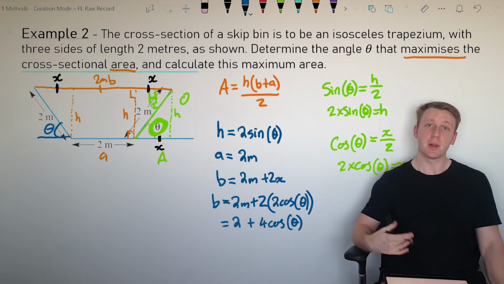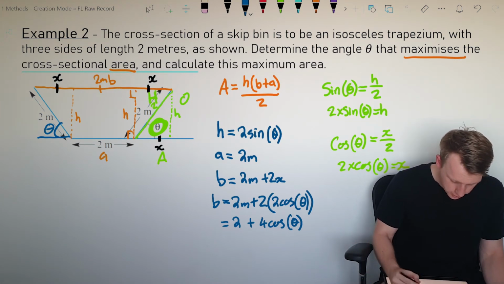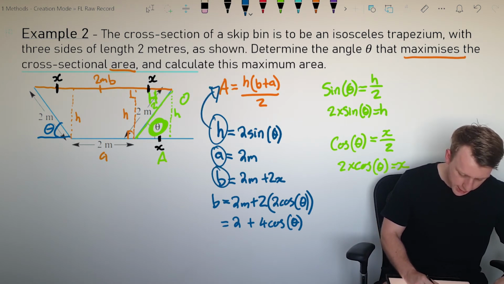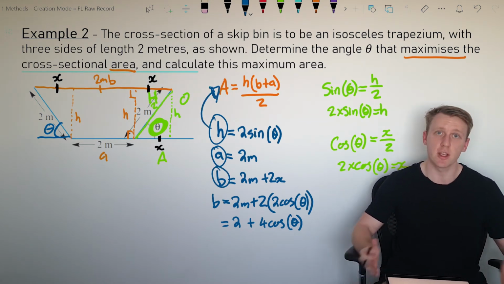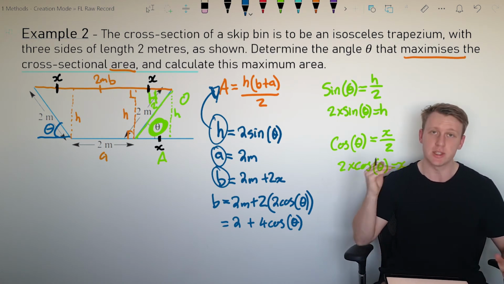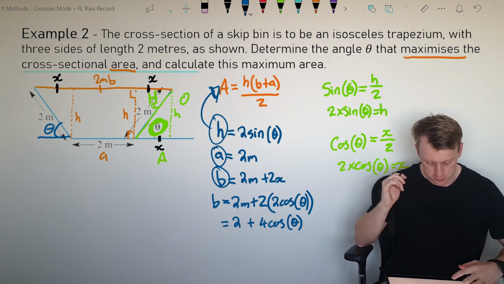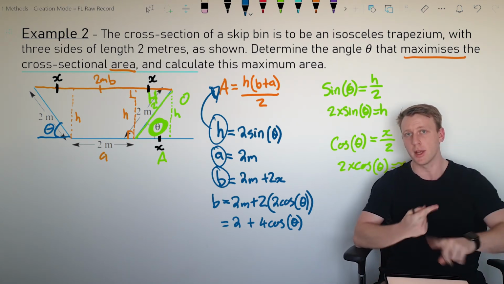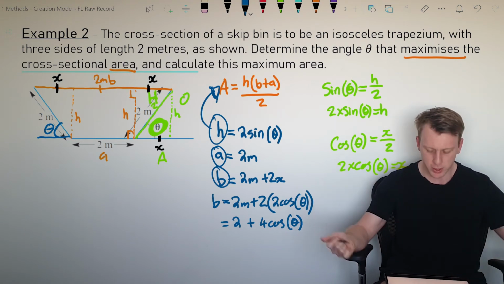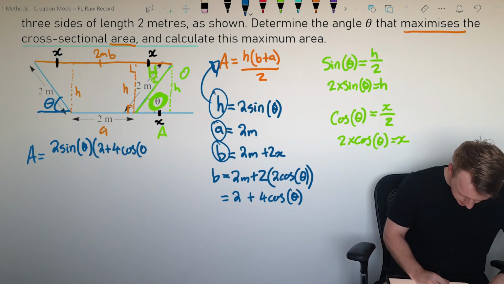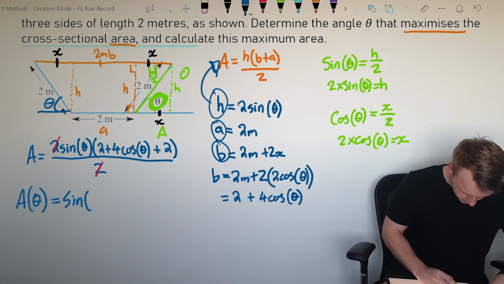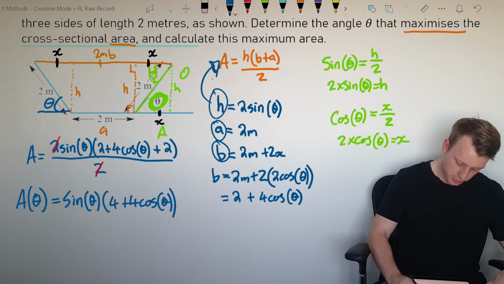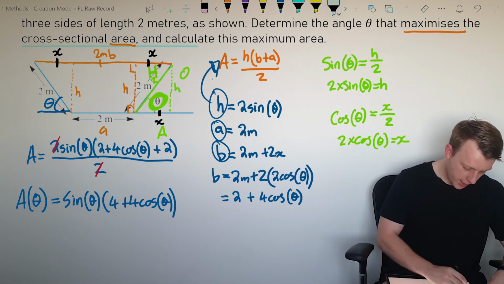And if I plug all of this back in, so if I plug in my a, h, and b back into my area, what I'm going to get is the area with respect to the angle, which is absolutely crucial because what I'm going to have is the area with respect to one variable. That way I can apply calculus, find maximums, find optimal answers. So good, so good. All right, we get an area function